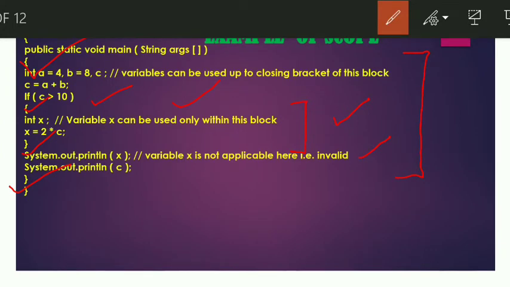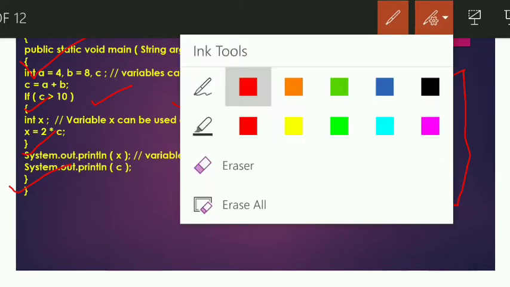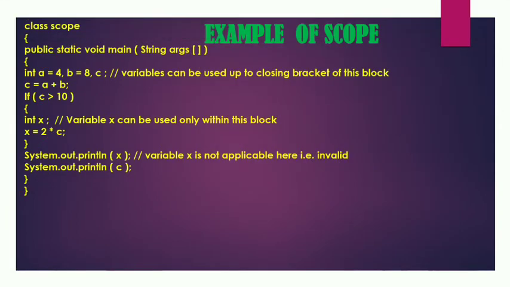But if you see the next line, System.out.println(C), now this is valid. Why is it valid? Because C is within its scope. It is not used outside the scope. So within this scope, C is used. That means A, B and C can be used throughout the program. So this is how the variables can be used within the scope of a program. I hope everybody understood how to use the variable. Within that opening and closing brace, a variable can be used.